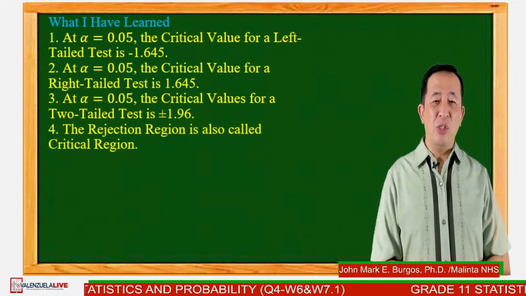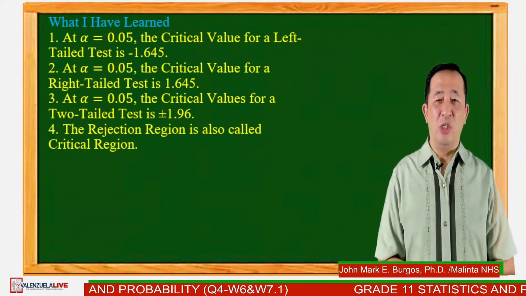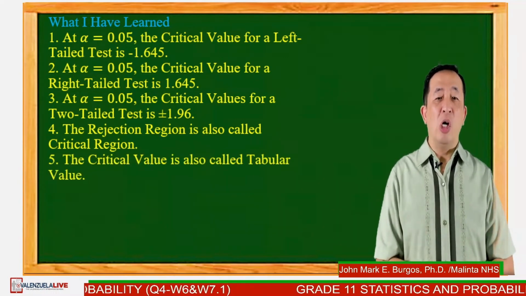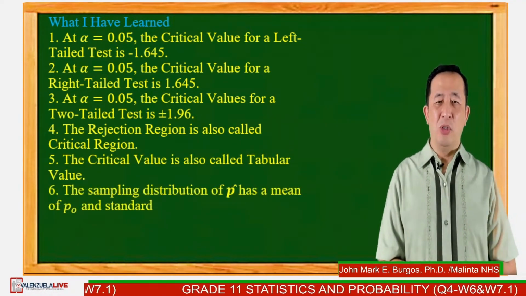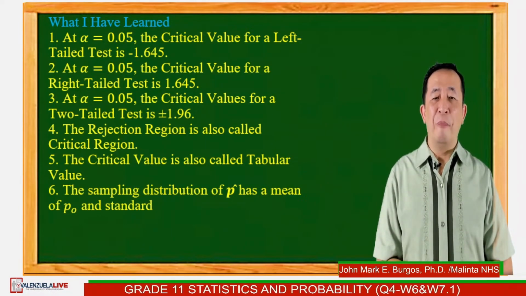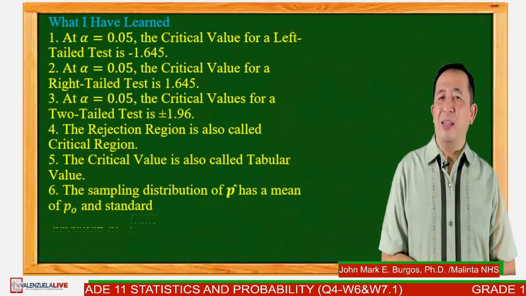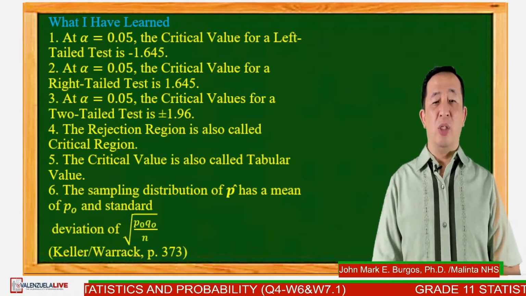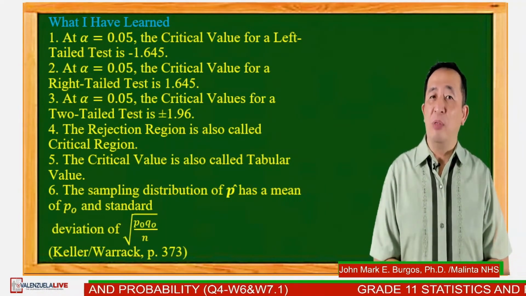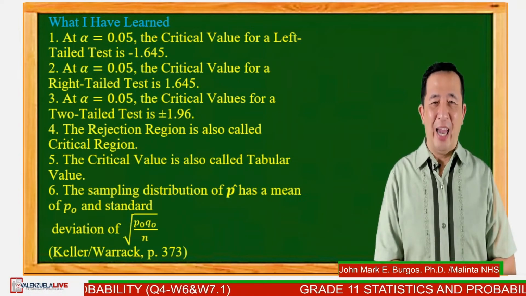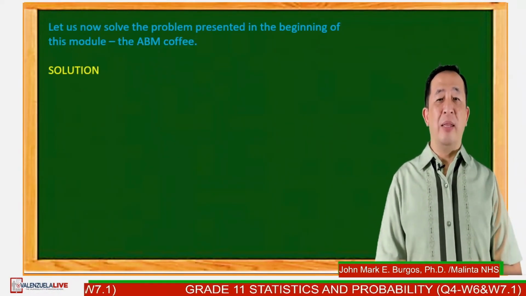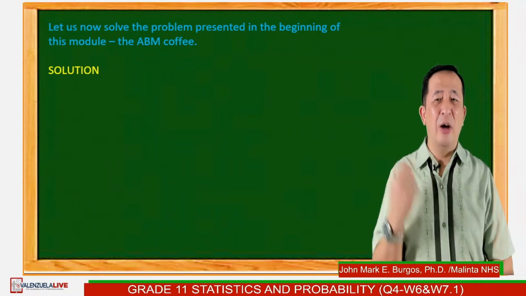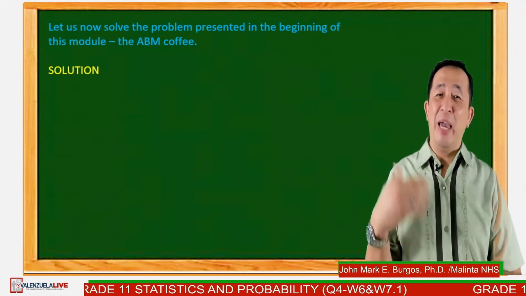The rejection region is also called the critical region. The critical value is also called the tabular value, and the sampling distribution of p-hat has a mean of p sub 0 and a standard deviation equal to the square root of p sub 0 times q sub 0 over n. Now let us solve the problem presented in the beginning of this module,